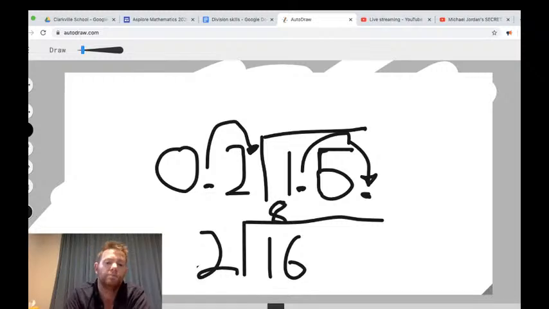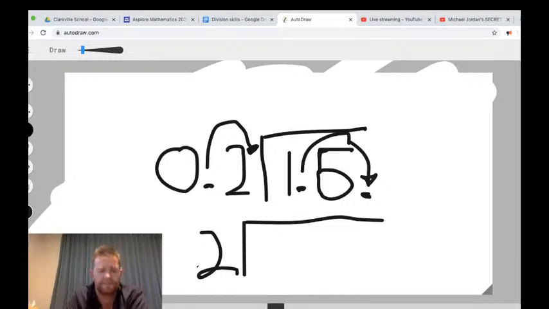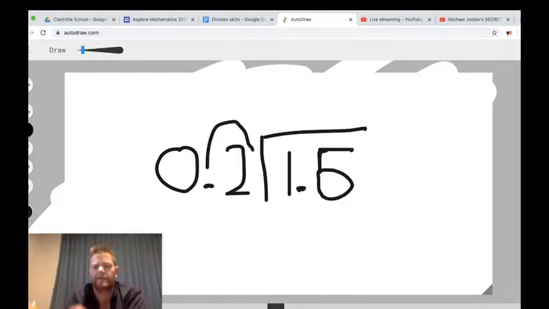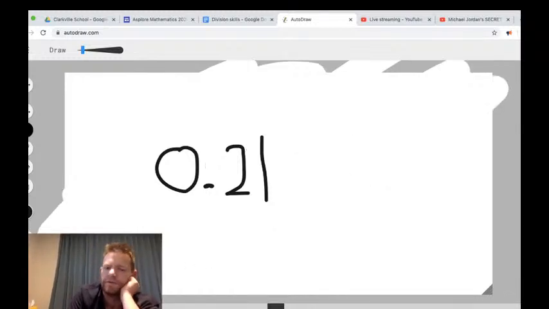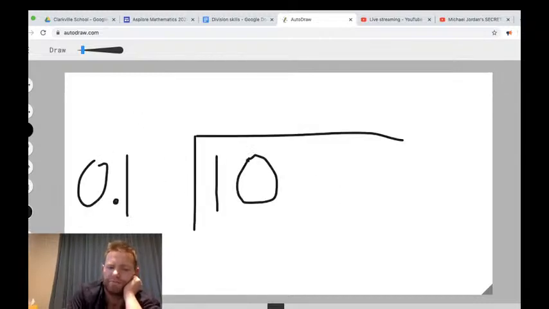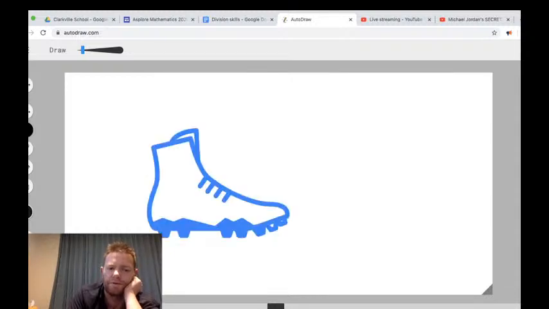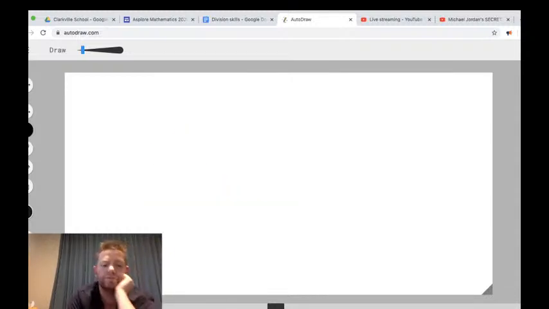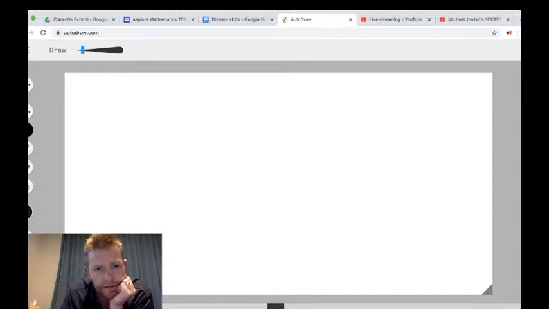The answer to 0.2 into 1.6 is still 8. The answer is still the same, because if you're modifying both of them by the same amount, they are the same answer. Okay, so I'm just going to edit some of this stuff off and make it look a bit tidier, because the backspace button's kind of my friend right at the moment. Oh, it's the first thing I got, which was a shoe. Excellent. Okay, so